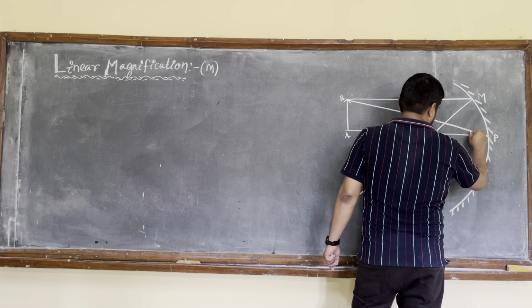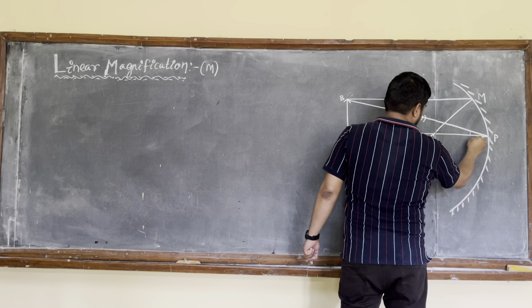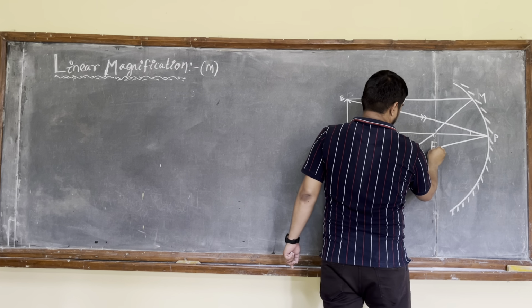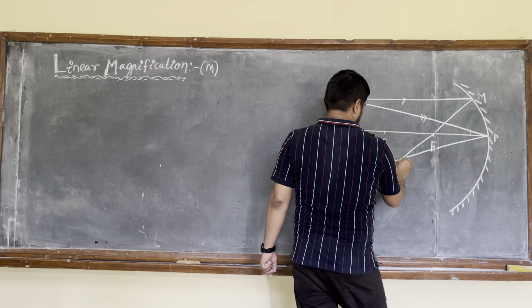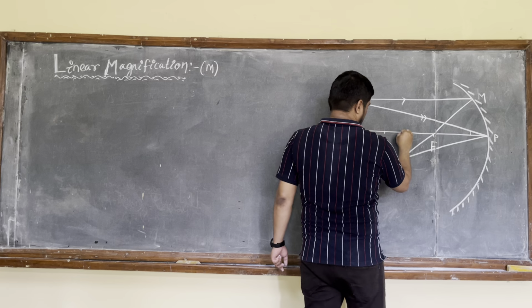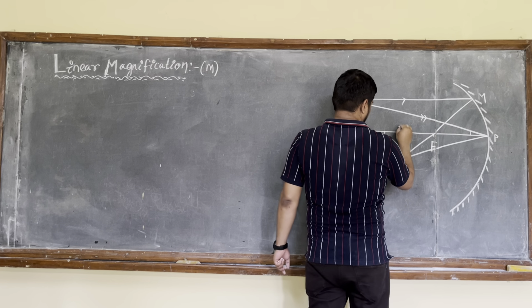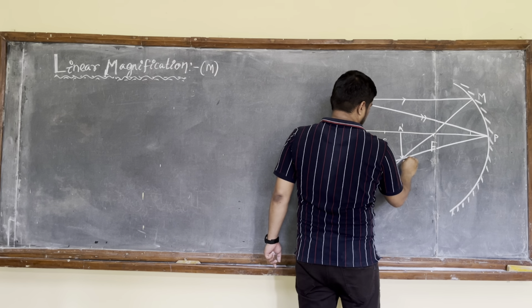That means the angle of incidence will be equal to the angle of reflection, and let this be the reflected ray, and the two reflected rays meet at this point, so the image will form here. So the image will be A dash B dash,